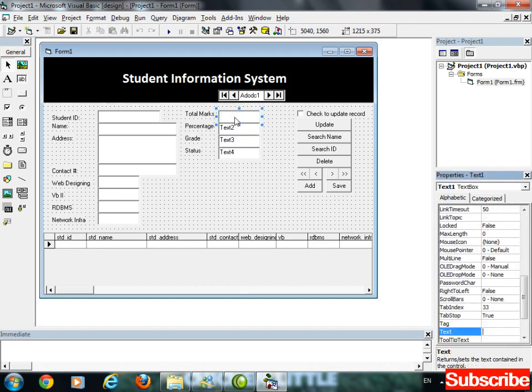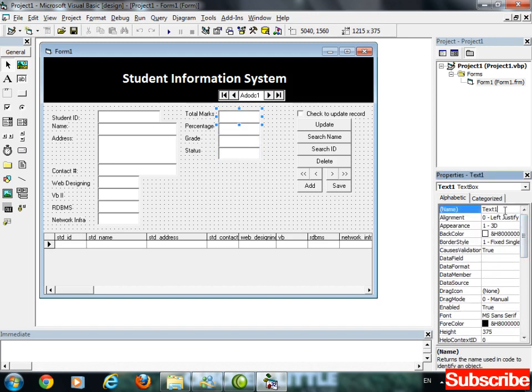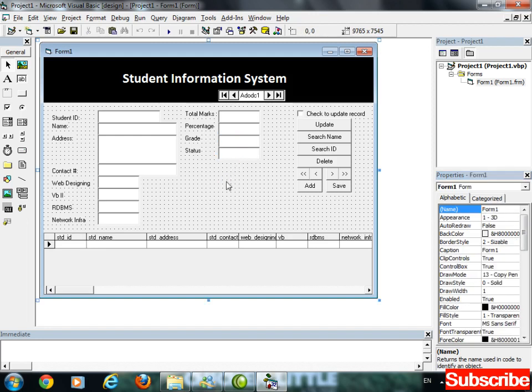Remove the text. And change the name of these text boxes. The first one is txt total, txt per, txt grade, and txt status. Okay. Now at run time, we have to calculate the total marks of a student